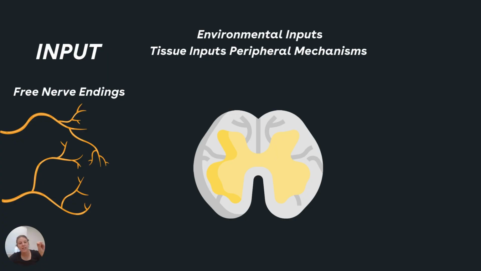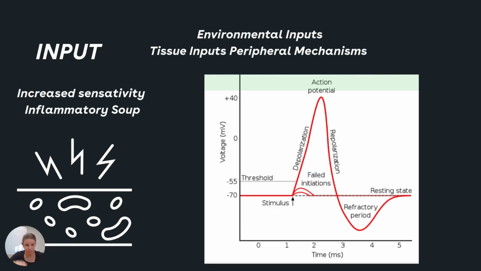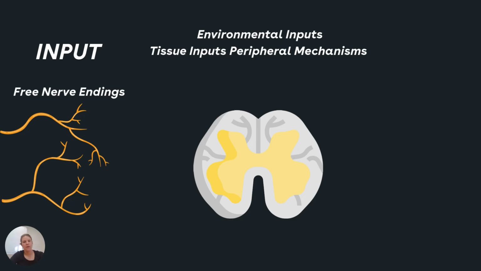They will collect information. It might be mechanical in nature, it might be temperature, it might be chemical, could be vibration. So there's lots of different inputs that those free nerve endings are collecting. When there's enough information or input, we'll have an action potential, and you can see here that if there's enough information, bang, we get this message, and then it will open up those ion gate channels to the next area, which, if we look back at this slide, will be our dorsal horn.